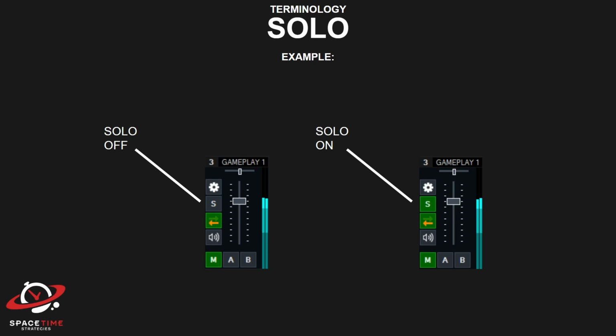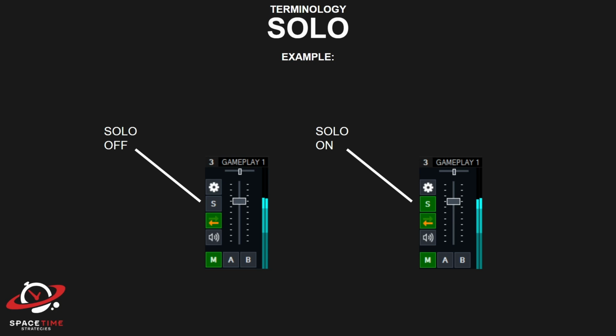I want to stress that nothing changes about what goes out to stream when you click solo. Please don't freak out thinking the audio suddenly cut out, because I can assure you it did not. I also need to stress that when you solo an input, it does not mute it to your output, so you need to make sure the audio is not on or routed anywhere that it's not supposed to be